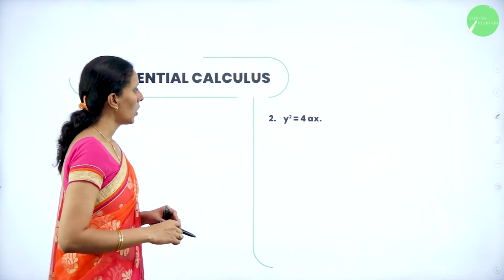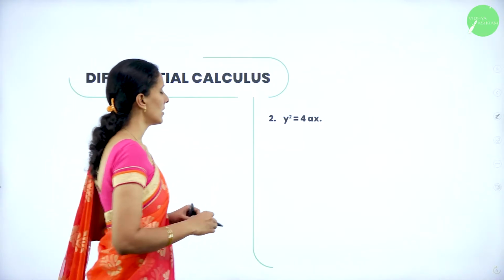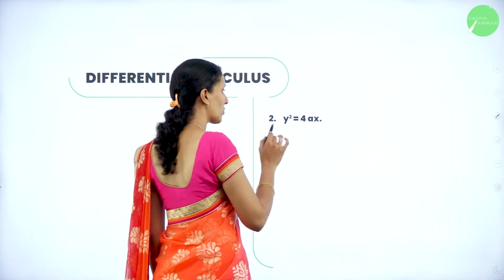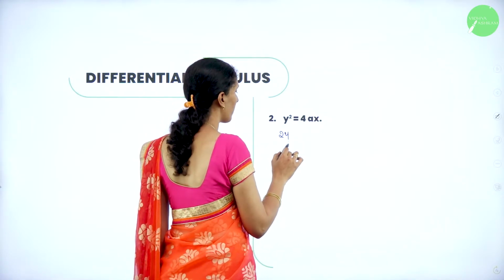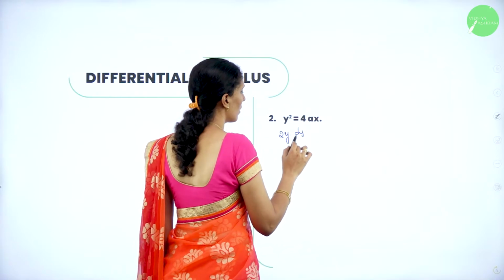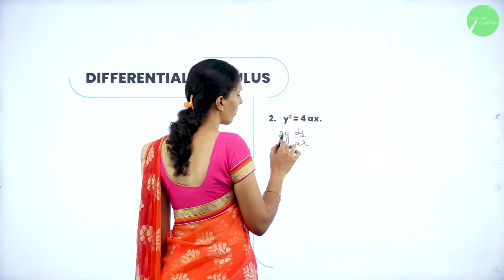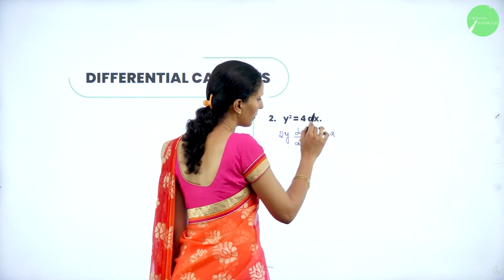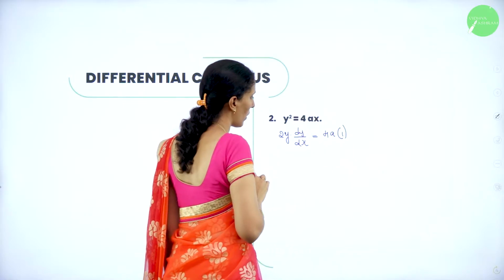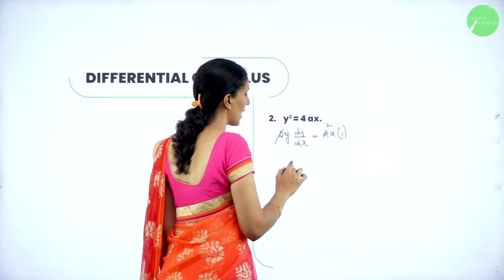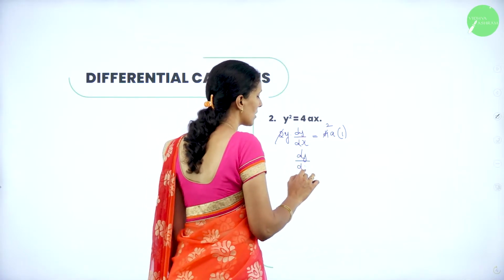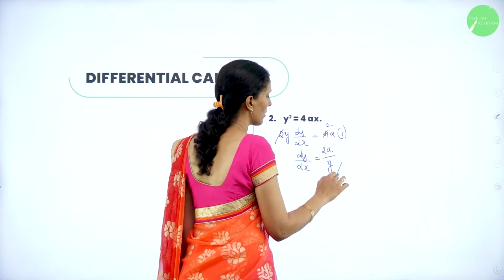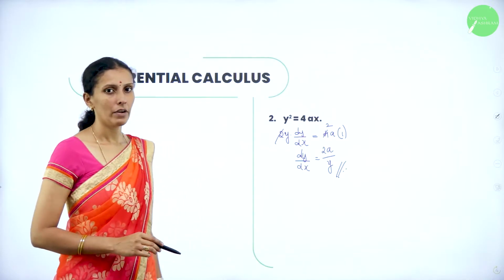So the second question, y square is equal to 4ax. So here, what is the derivative of x square? It is 2x. So as for x square, y square is also 2y into dy by dx. So whenever you are deriving y, write the term dy by dx. 4 is constant, a is also constant, but you have x with it. Derivative of x is 1. So 2 ones are 2, 2s cancel. dy by dx is equal to 2a divided by y. So this is the derivative of the given function.